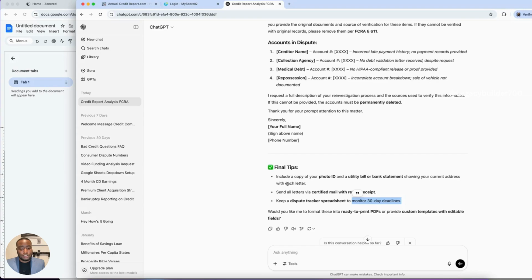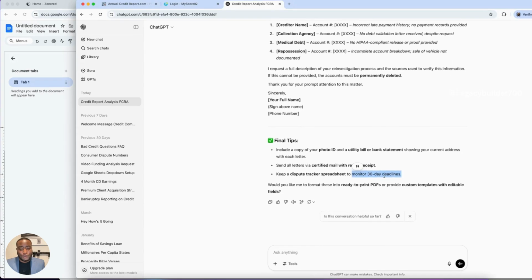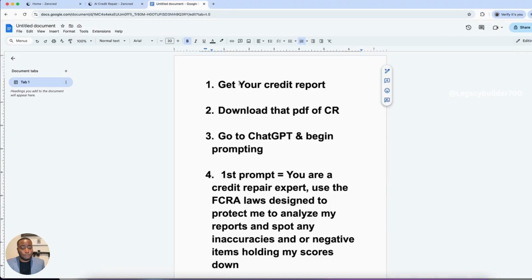You're going to want to send your letters certified mail with a return receipt. That way you know they got it. And then you want to monitor when you sent that letter out, right? Because the bureau has 30 to 45 days to follow back up with you with a response. If they don't, they legally have to remove that item off of your credit report. So it's important that you track your